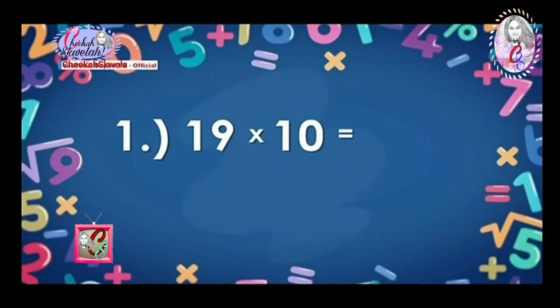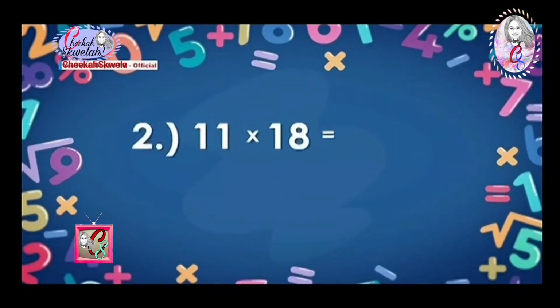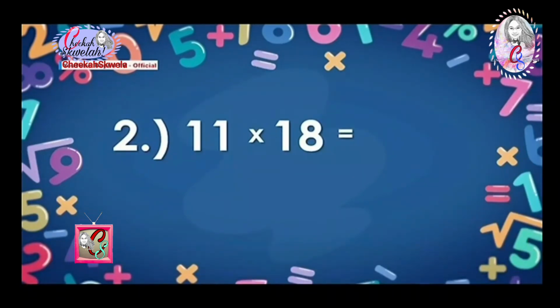Let us check your answer. 190. Number 2. 11 times 18 is equal to...